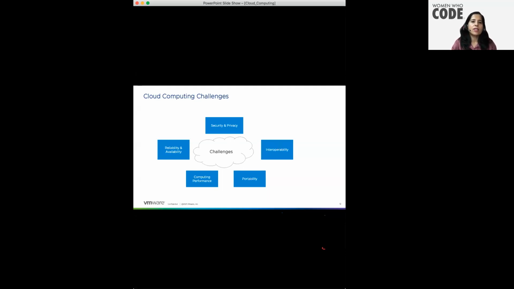Now, the second challenge is interoperability. An application on one platform should be able to incorporate services from the other platforms also. One platform means Linux. So the application is having a service from the Linux server, Linux platform. It should be able to interoperate with the other platforms as well. So that's the second challenge.